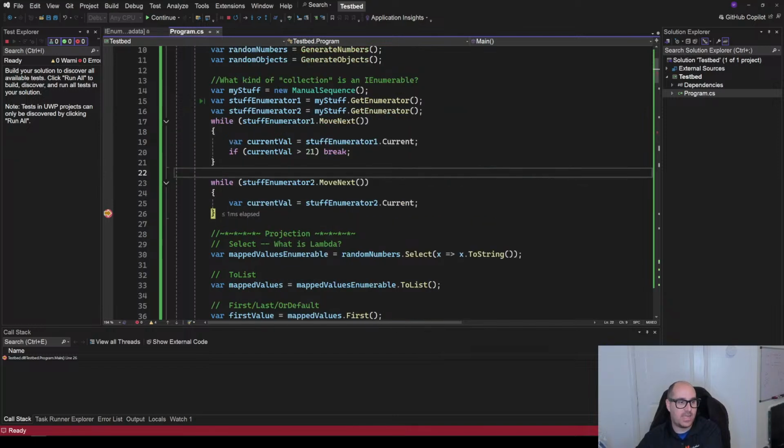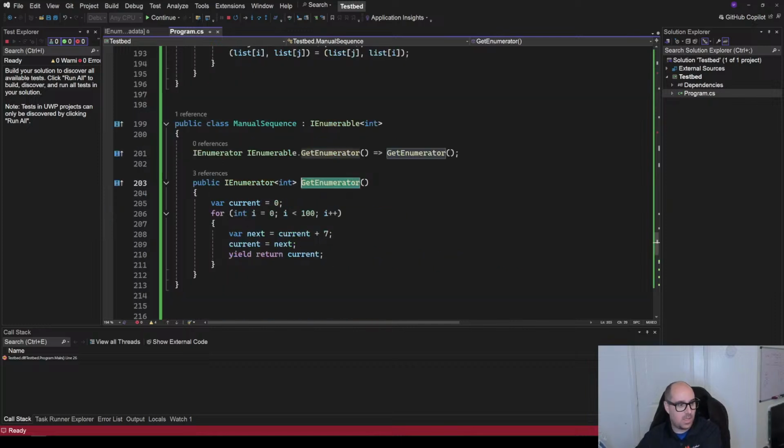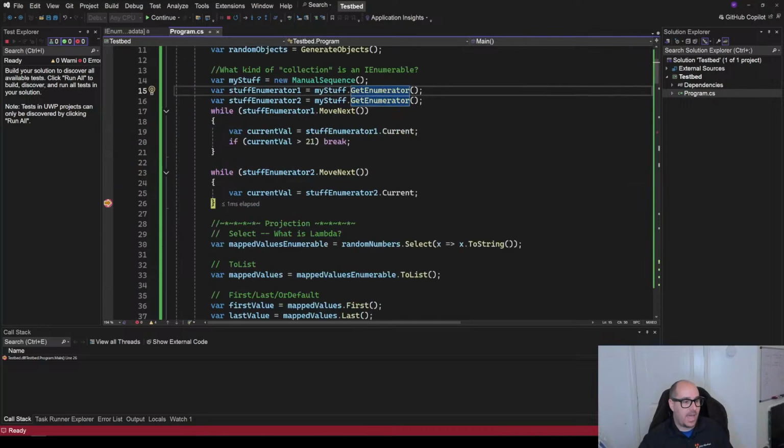That's because when I say my stuff.GetEnumerator, it's not actually getting a direct reference to this code. It's creating its own instance of an enumerator that will be using this code. It will be using this exact method. As you can see, we hit a breakpoint, but it's not saying evaluate all of this and get the whole collection and store it in memory so that we can go through it. It's saying, let's get a reference to this. Let's create our own private counter for which iteration we're going through. And that will allow each one to be MoveNexted